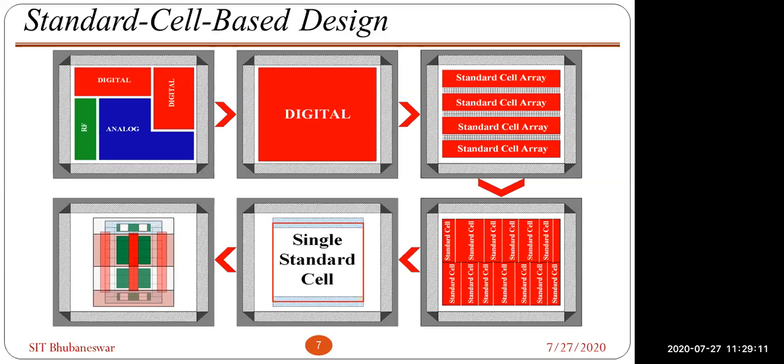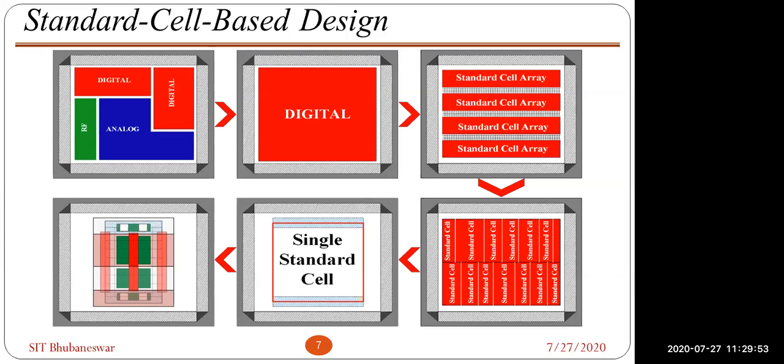In the leftmost, it's a standard cell view. Suppose it's an inverter. Inverter means two transistors, the gates are connected, the source of PMOS is connected to VDD, the source of NMOS is connected to ground, and the output. You can see different layers. The red one is the poly layer, the green one is the active layer, the diffusion layers. The top one is the N-well, the bottom one is the P-well. Contacts are also there. Metals are also there, the top one VDD and the bottom one ground. So this is standard cell based design. To do standard cell based design, you have to follow these things.